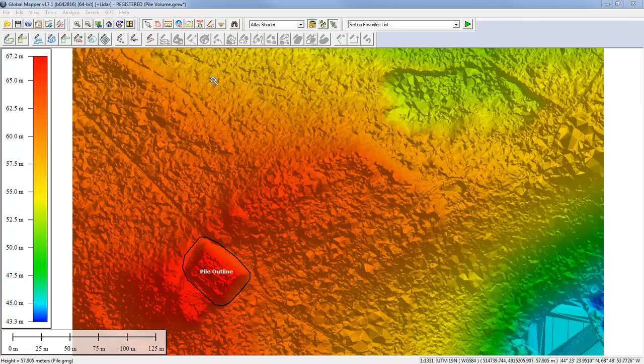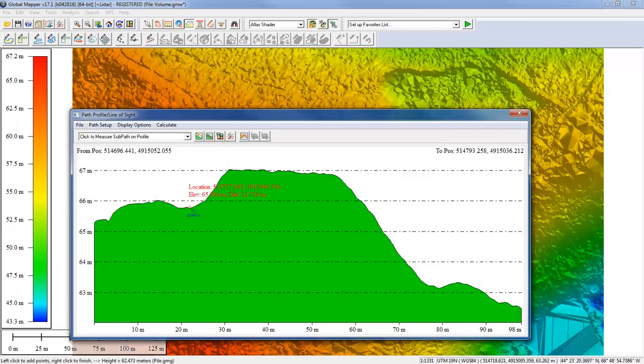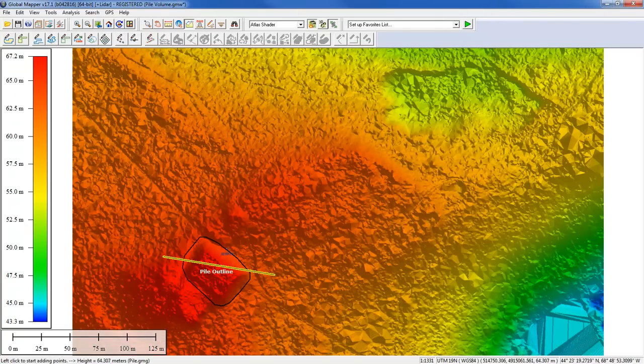Another item of note, and I think the best way to visualize this is if I use my profile tool, is that this pile is not on a flat surface. You'll note here that the upper side of the pile is actually on an elevated surface, and further down obviously it's a little lower. So the determination of volume is going to have to be based on what it sees as the original surface. In order to determine that, as part of this procedure, Global Mapper will sample along the bounds of this polygon the elevation values and create a temporary surface model